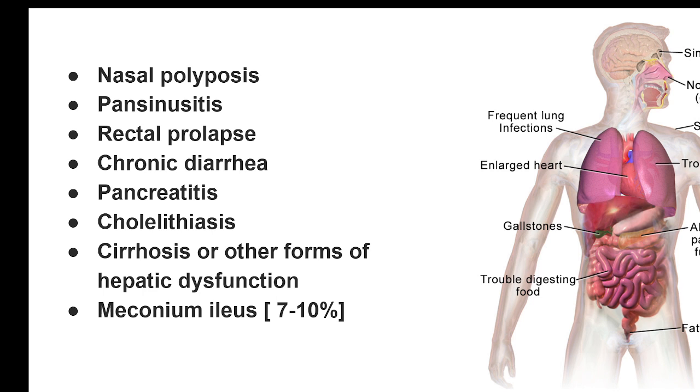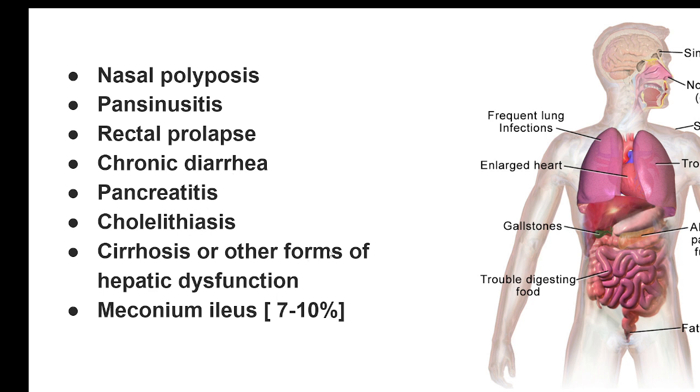So the patient would be susceptible to respiratory infections, and often it ends up in bronchiectasis or interstitial lung disorders. So the most common clinical symptoms in the later part of life would be the pulmonary symptoms. In the early part of life, it would be meconium ileus or harder stools. The other clinical symptoms which could occur could be nasal polyps, sinusitis, prolapse, diarrhea, pancreatitis, cholelithiasis, cirrhosis, or other